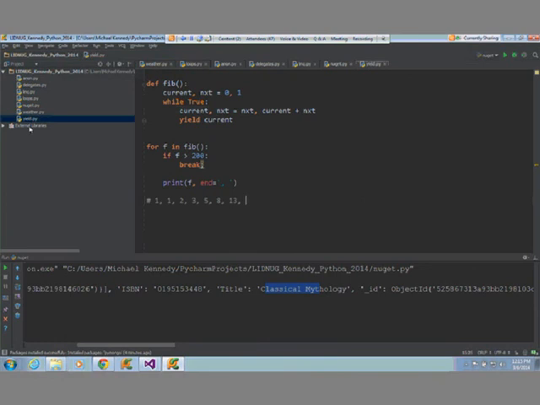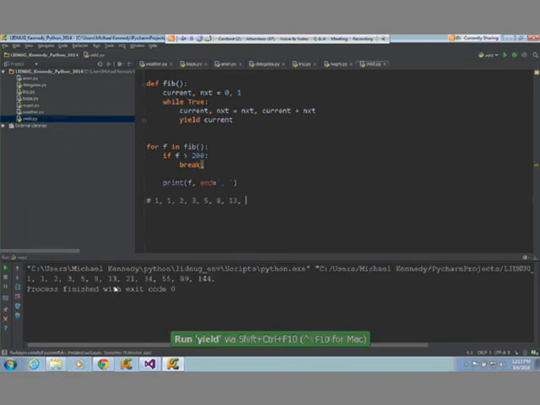So run yield. Ooh, there's your Fibonacci numbers up to 200. That's all of them. If I didn't want to stop, right? If I just want to let this go, I'm not going to. But if I wanted to, I could just let it go and it would print them all out. It would just run out of time to try.